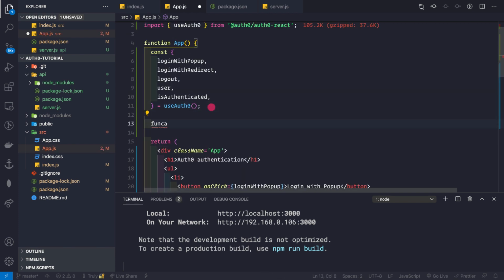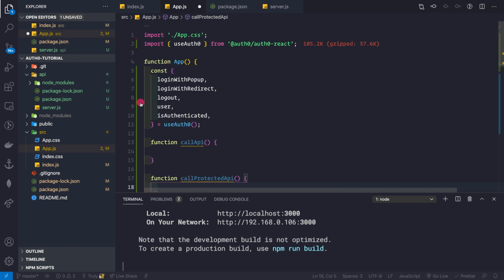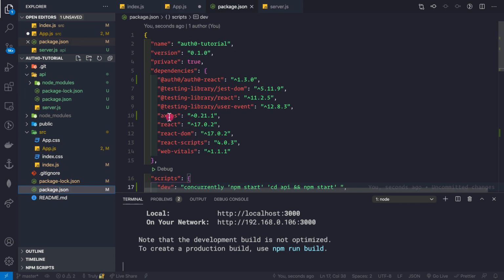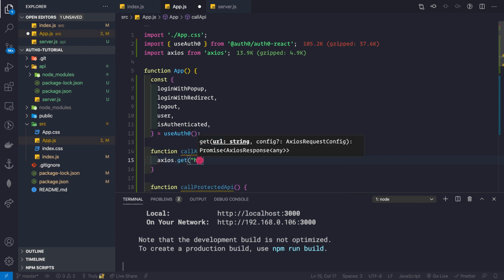So let's create function. So function would be call API like this, and let's create one more function that says call protected API, simply like this. So let's go here, and before doing anything we need to install Axios, or have we already installed? So if we have a look at the dependency, we have already installed Axios here, so we can directly make requests. So here inside the call API, let's simply say axios.get, and here what do we want to get? We simply want to get this localhost